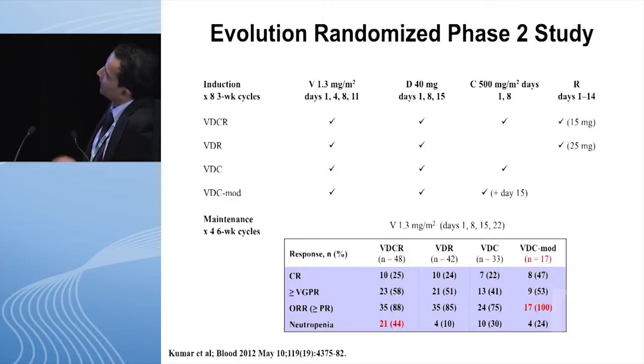And you've seen this study already by several speakers, so I'm not going to go through it extensively. But just to point out, if 3 drugs are good, are 4 drugs even better? In the EVOLUTION study, looking at the overall response rate, we saw that for VRD it was 85%, VDC 75%. When you add Len, not really significantly different, but there was increased neutropenia. So we don't think 4 drugs is necessarily better than 3, but again, when you're going to add